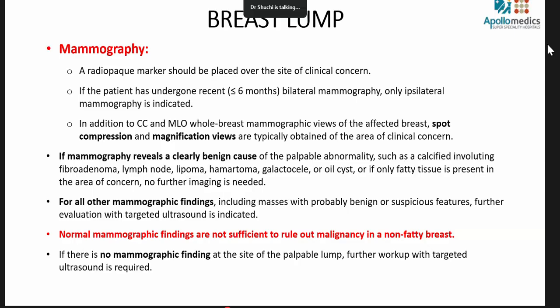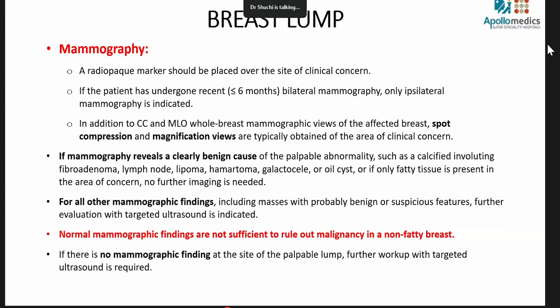If mammography reveals a clearly benign cause, such as calcified involuting fibroadenoma, lymph node, lipoma, hematomas, and all those things, no further imaging is needed. For all other things with probably benign or suspicious features, further evaluation with targeted ultrasound is indicated. Normal mammographic findings are not sufficient to rule out malignancy in a non-fatty breast. So if you have a female with non-fatty breast screening, please advise ultrasound correlation